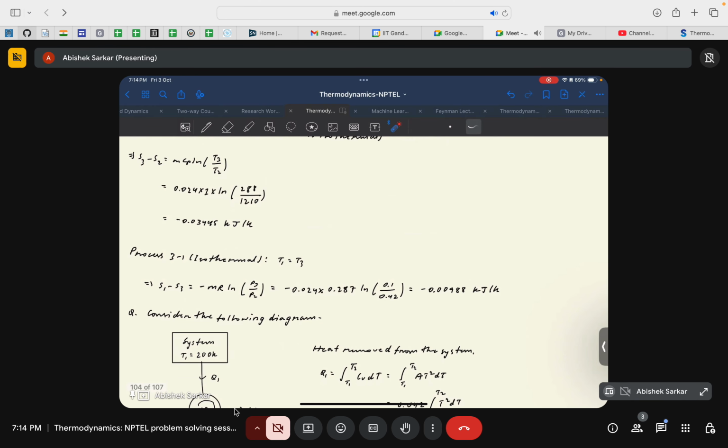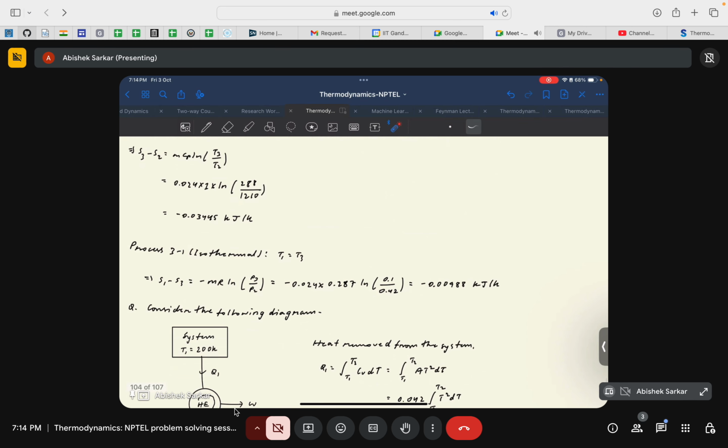We are left with the second term, which contains the pressure terms. So we're left with S1 minus S3 equal to mR ln of P3 by P2, or 0.024 times 0.287 times natural log of 0.1 divided by 0.42. If you do that, you will get